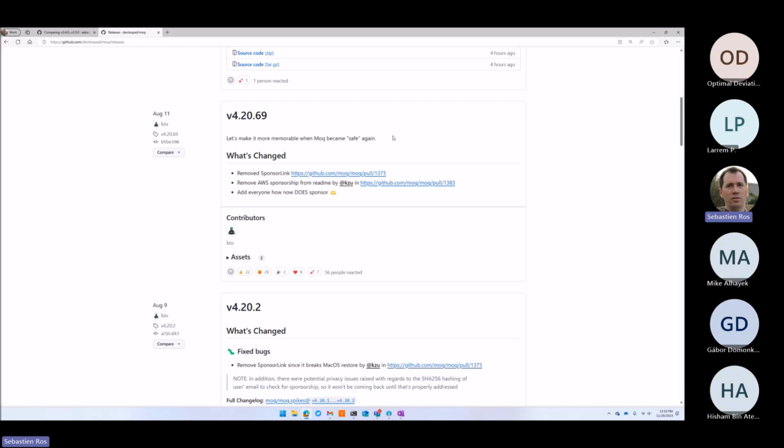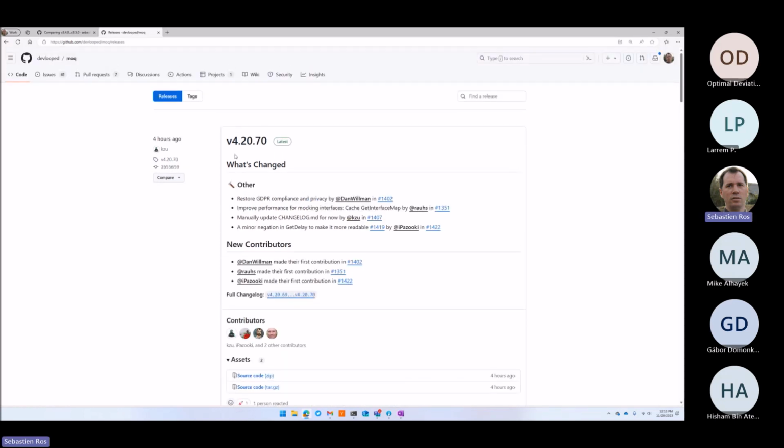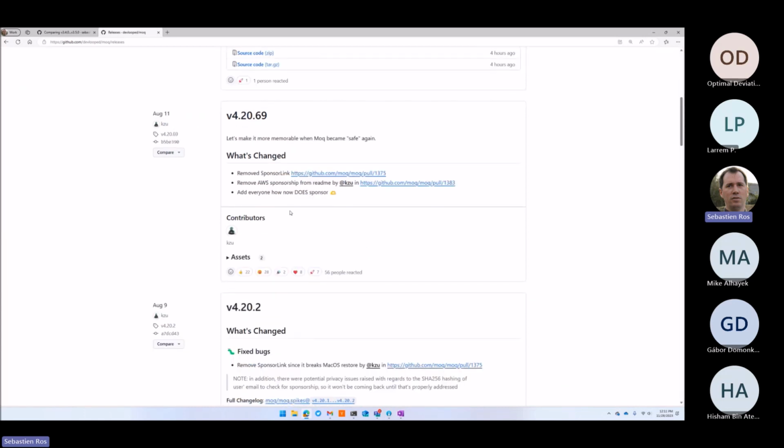So what happened is that Daniel, the developer of this library, decided to change how mock is working when you install a package in a way that we can get some retribution from his work.